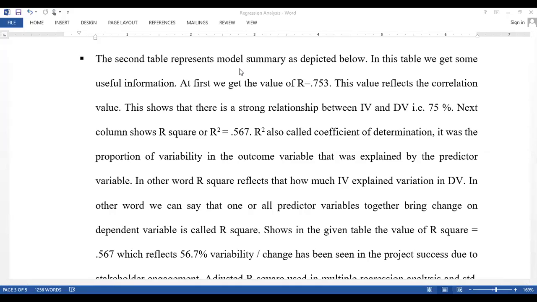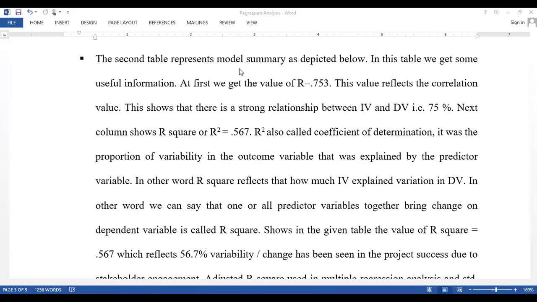The next column shows the R square value, which is 0.567. The value of R square, also called the coefficient of determination, is the proportion of variability or change in the outcome variable, or dependent variable, that is explained by the predictor variable.